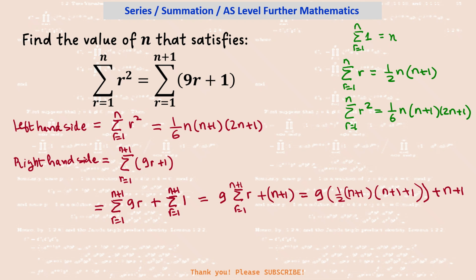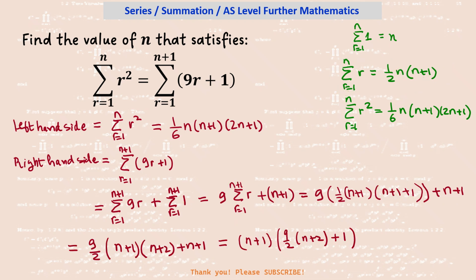Then I can write 9 times, expanding this according to this, 9 times half times n plus 1. So I'm replacing all these n's with n plus 1. So half times n plus 1 plus n plus 1 multiplied by, then instead of n again n plus 1, and then plus 1. So the plus 1 remains as it is. Instead of n you have n plus 1, and then again there's another n plus 1 that comes in the end, that's coming from here. And then if you simplify this you will get